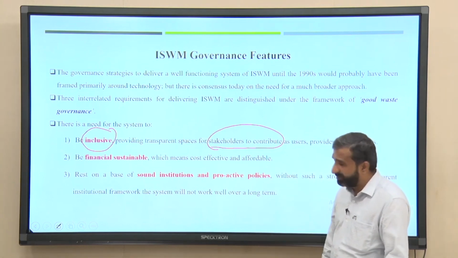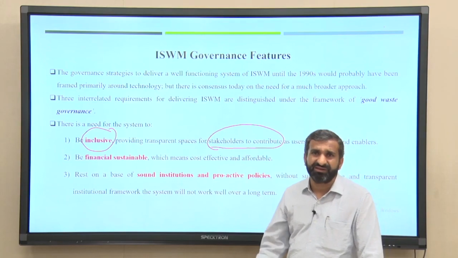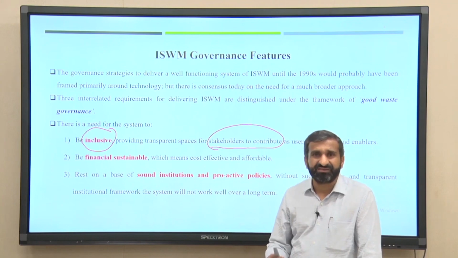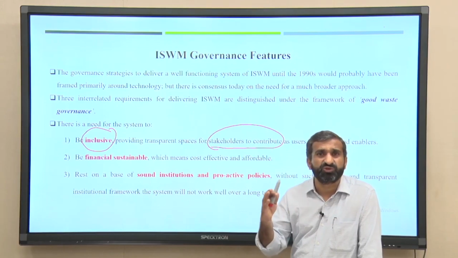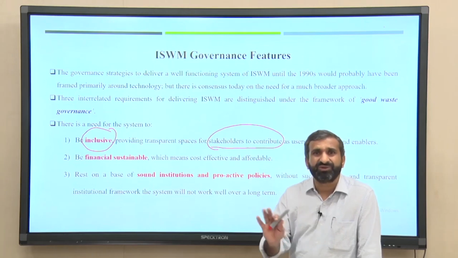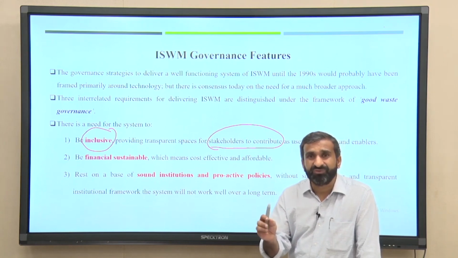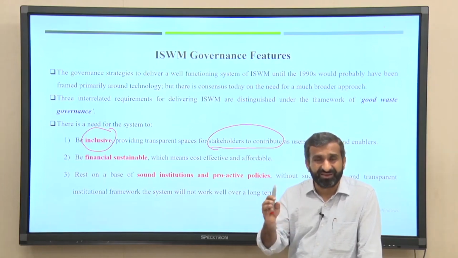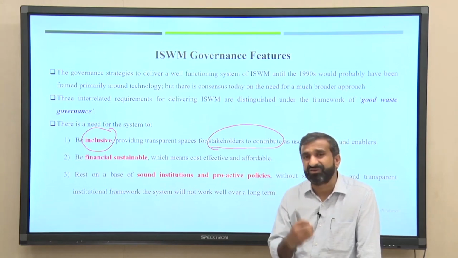Next is financial sustainability, this is a very important one. If any project is not financially sustainable, how can we extend that project for 20 or 25 years? That is why, when we talk about treatment processes, we should talk about resource generation out of them. It is not only resource generation, producing compost is okay, but we need to see whether that compost can be sold and can generate some funds.